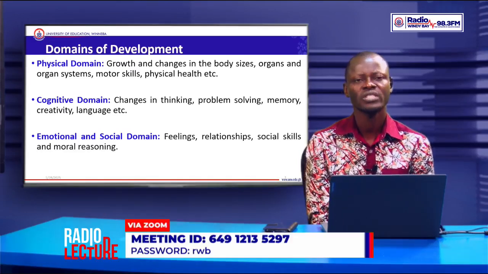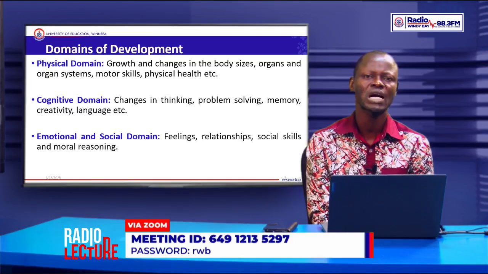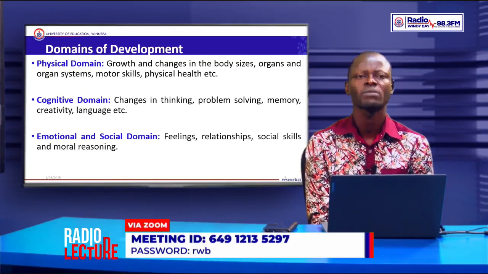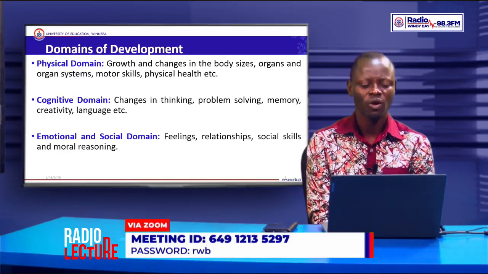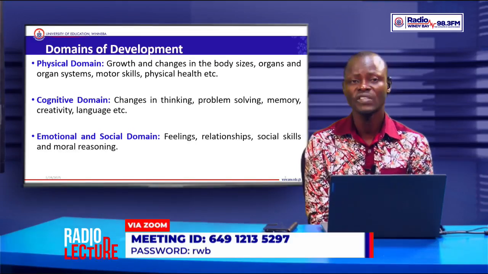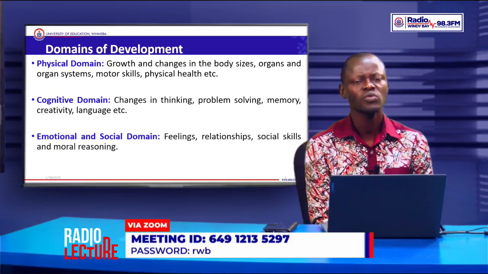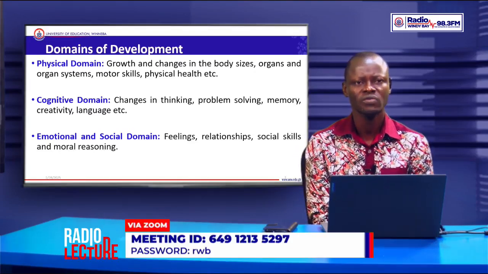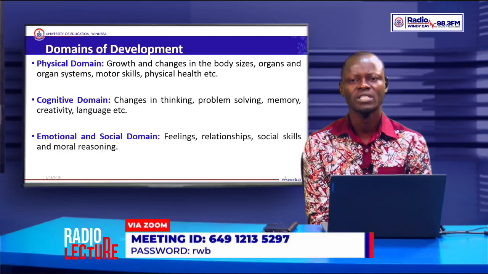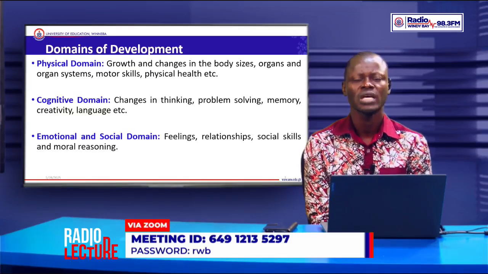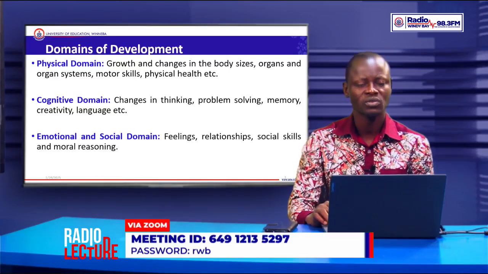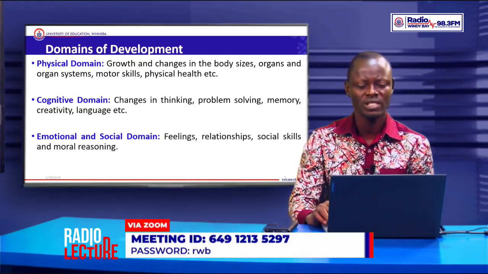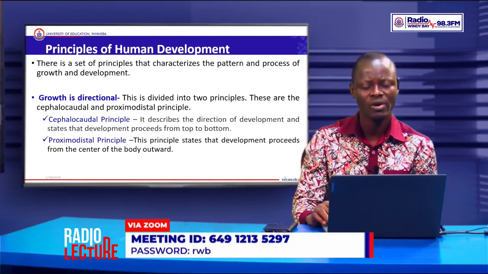So when you find yourself living with a roommate in a room, you should be aware that misunderstanding will occur, and confusion can also occur, because your way of thinking, the way you feel, the way you relate with others, and the way you reason morally will be different from that individual. Even your classmates, who are supposed to be partners in helping you achieve your goals as an academic, at times it is difficult to match with them because their way of doing things is totally at variance with yours. When this happens, we should be aware that it is an aspect of our emotional and social domain that is influencing the way people do things and the way we do ours differently.